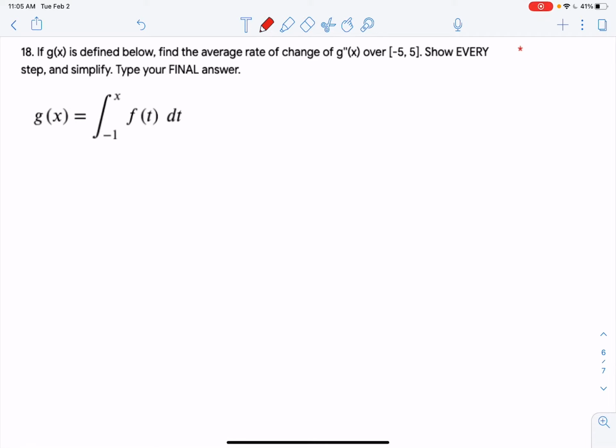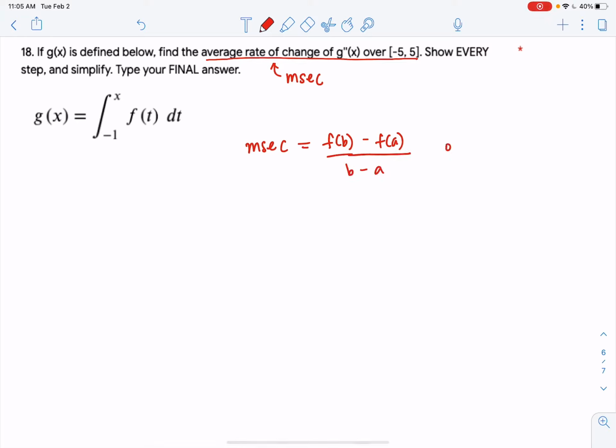All right, let's do 18. It says, find the average rate of change of G double prime over this interval. So the average rate of change should recall m sec. And m sec is nothing more than this formula: f of b minus f of a all over b minus a. That's when I ask for the average rate of change